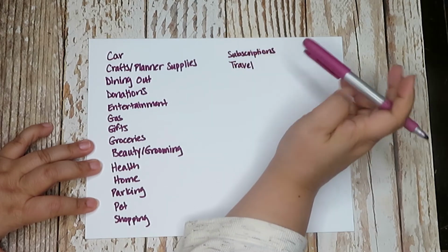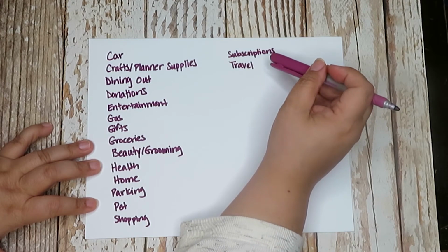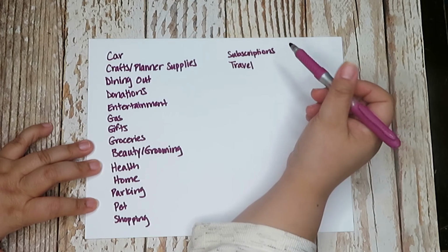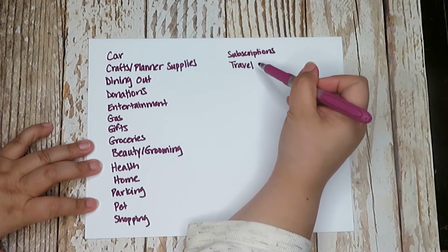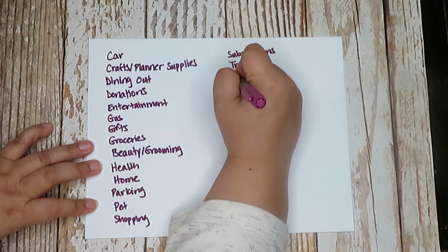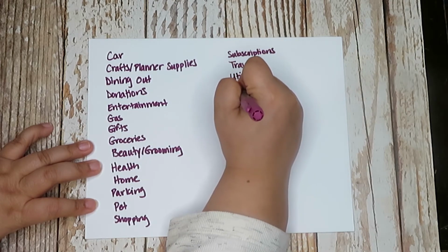Travel. Travel is important to me, and this is literally to be able to take vacations, to go visit my sister in Seattle, to go visit my best friend in California. I need to budget out some money monthly so that when I want to take a trip, I can. Utilities, rent,